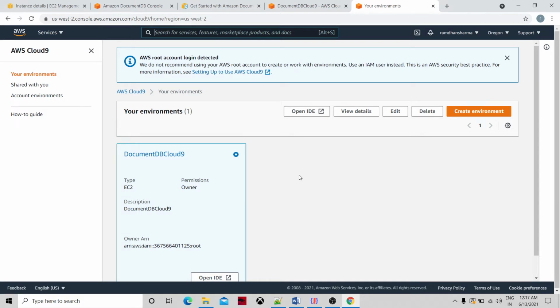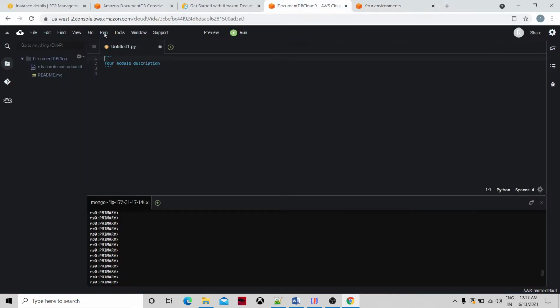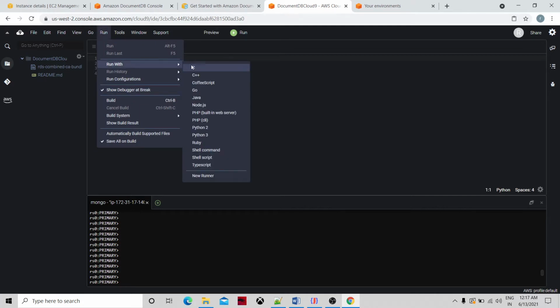Cloud9 is an IDE environment wherein we can write our code, and it gives the runtime environment for different languages, such as C, C++, CoffeeScript, Go, Java, Node.js, PHP, Python 2 and 3, Ruby, and shell script, right?